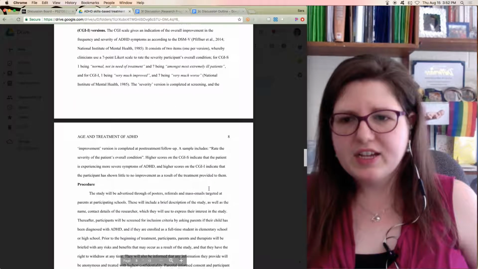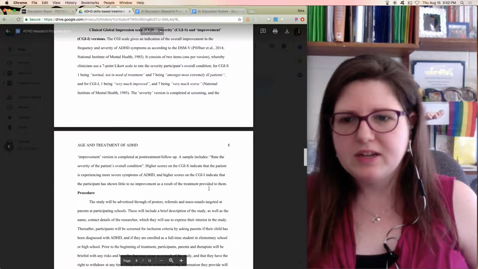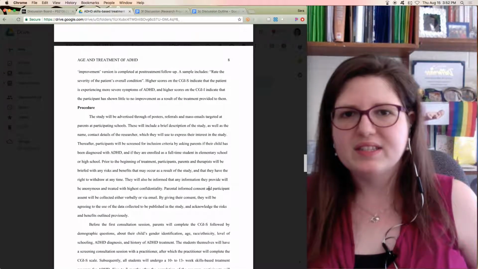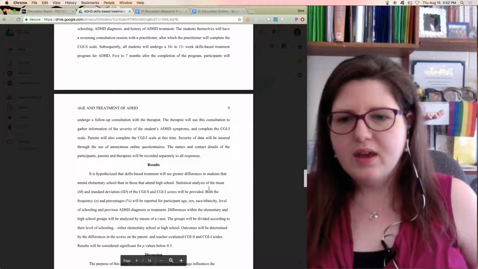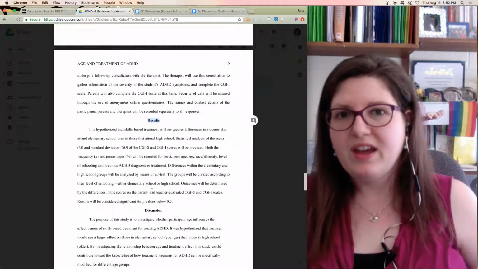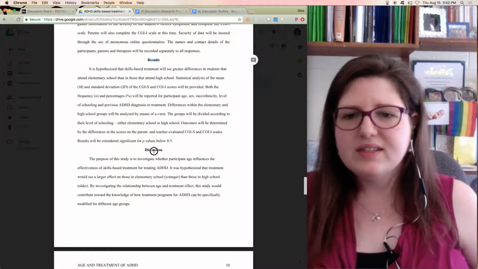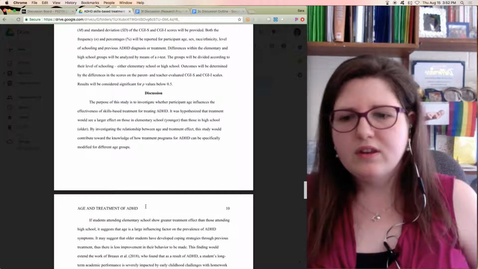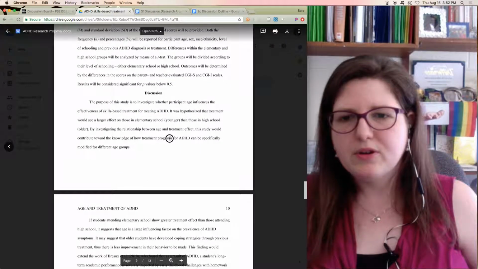So you'll have the method section with the participants, measures, and procedure. And again, make sure that you match everything throughout that section, especially between the participants and the procedure. Then you'll have the results, which is usually a pretty short paragraph because you don't have much to talk about yet. And then discussion, instead of the overview paragraph you had before, you'll now have 2 paragraphs, a summary and an